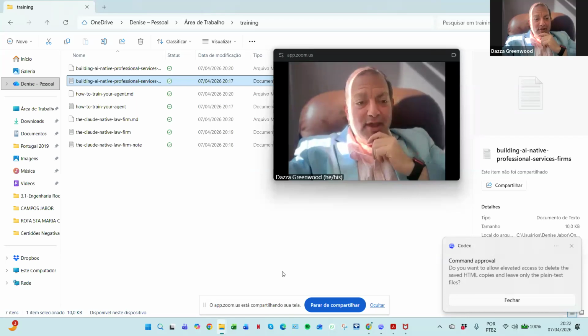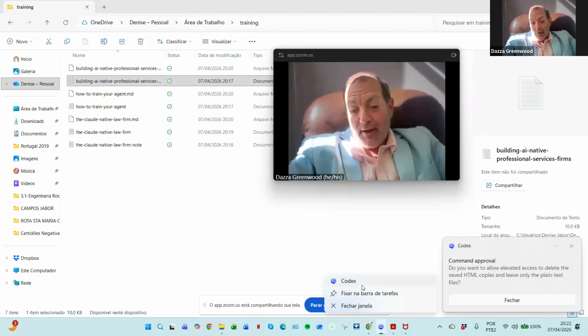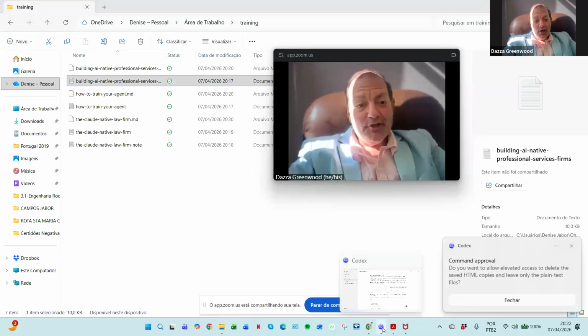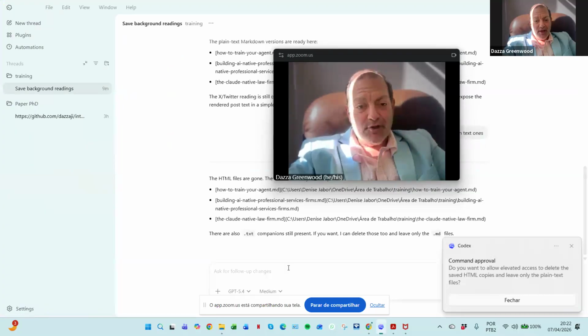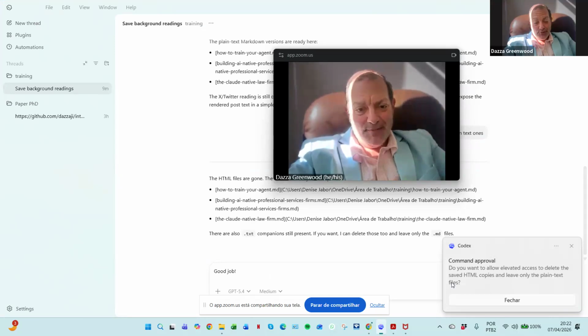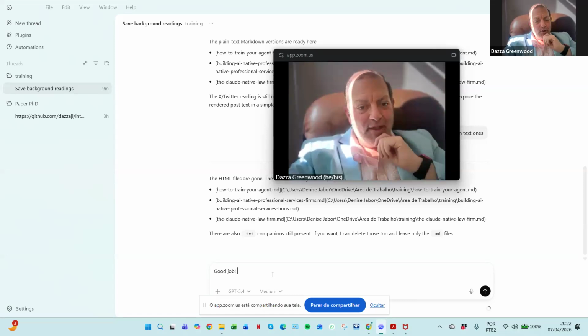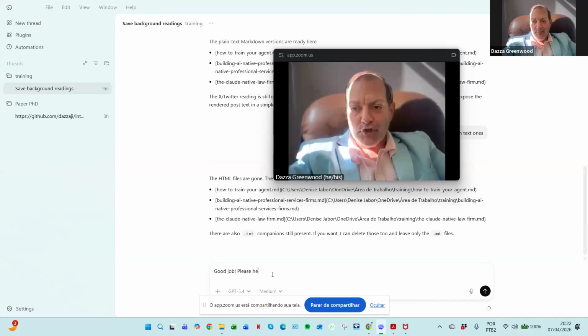So let's go to the agent and tell it to help us now. Something that you can do, just as an example, is when you go back to Codex, first of all, I would give it a little reinforcement. I would say good job or that's great, so that it knows that it's doing the right things, because that's useful. So next time we tell it to do something like this, it's like, I know how to do this. I'll do this series of five actions the way that the human wanted me to do it. And so now I'd say, please help me prepare for the workshop by giving me,